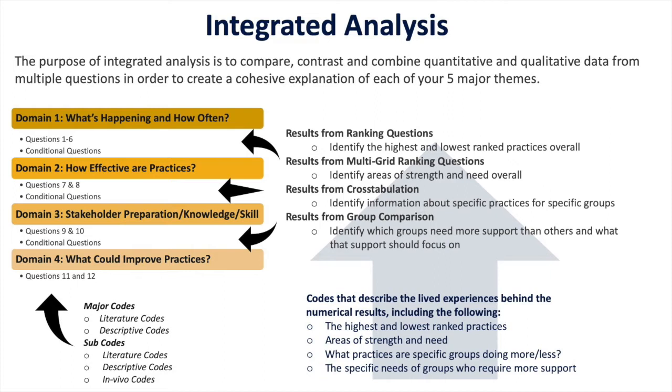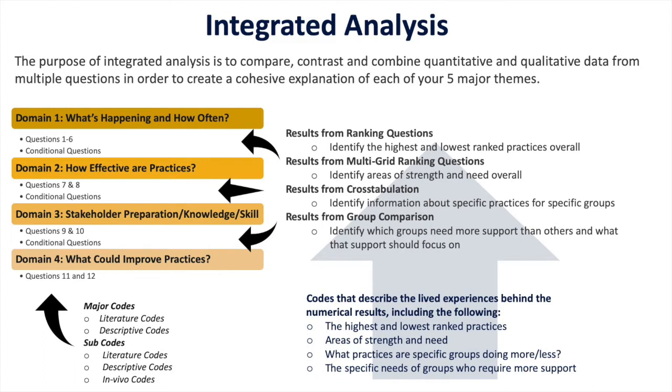So this is question 11 and 12 on your program evaluation tool. And what we're going to do is look again into our qualitative data for major and minor codes that help us to explain what these needs in practice are. So specifically, what are practitioners saying they're getting right now in terms of professional development, and what do they still need? What are areas that they feel like are not supported? What are areas that they feel like they